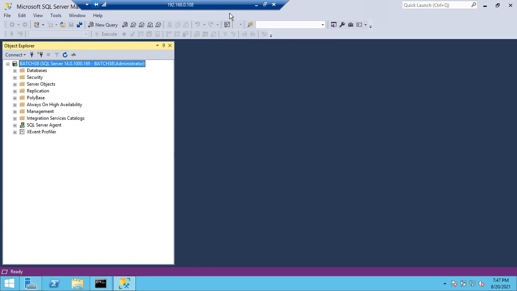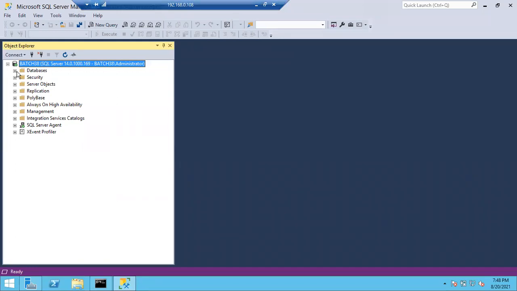So what happens if I give the same file name while taking the full backup to the same location? It will append. Okay, so the backup set will be appended to the existing backup set, or else it will create a new media set. For the first time it will create a new backup set. Next time it will append to the existing backup set. So it won't fail if you give the same name. Simply it will append to the existing backup set.